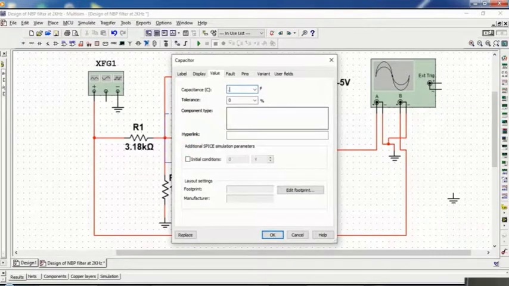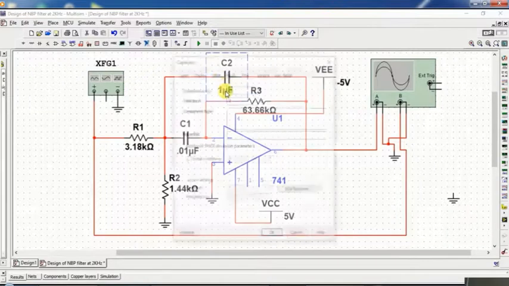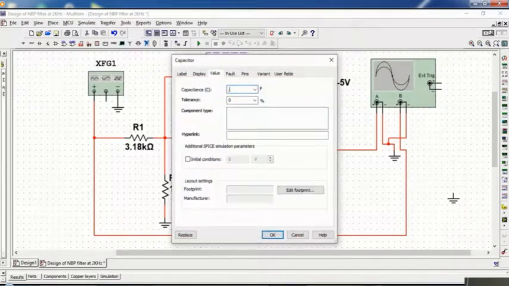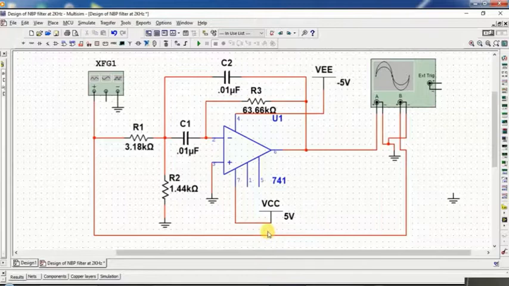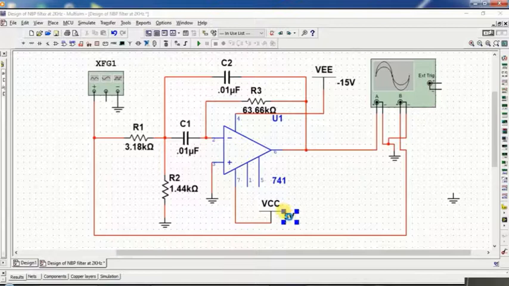So change the value of the component here, C1. Here in our example we assume the value of C1 is 0.01 microfarad, so you can change the value of the capacitor also. Here the value of the capacitors, both C1 and C2, are equal, so you can change it. And here the supply voltages are required, that is plus 15 and minus 15 volt.